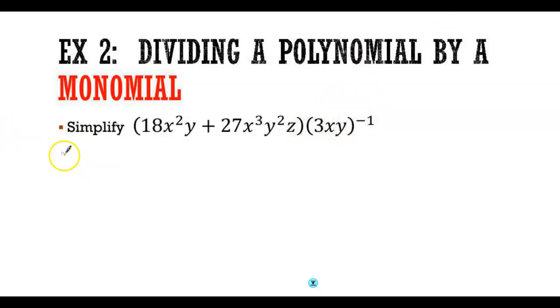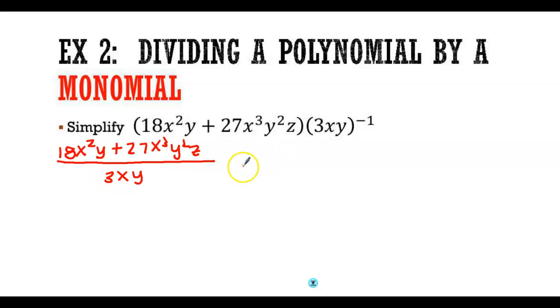So I could rewrite this as a division question. 18x squared y plus 27x to the third y squared z over